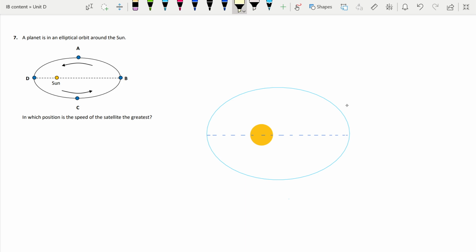A planet is in an elliptical orbit around the sun. So you have to find out at which position, given as A, B, C, and D, the speed is greatest. So first of all, let me remind you that according to Kepler's first law, we always conclude that